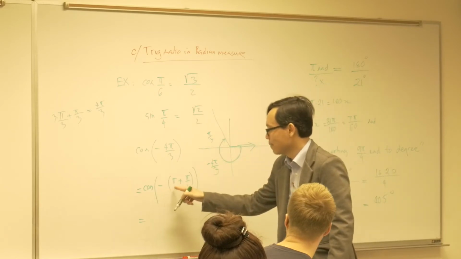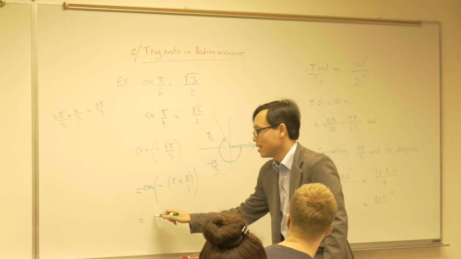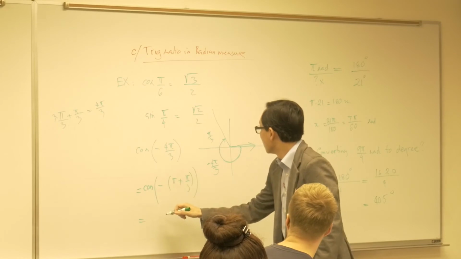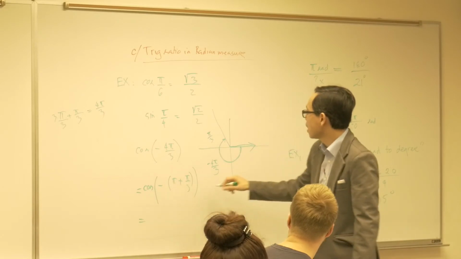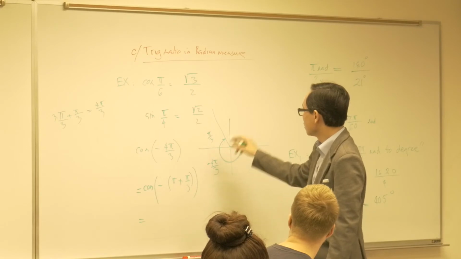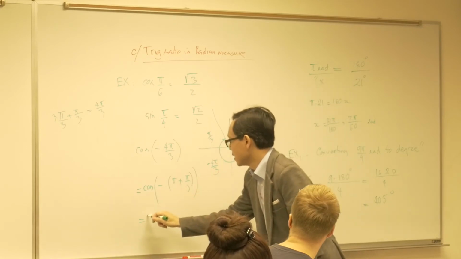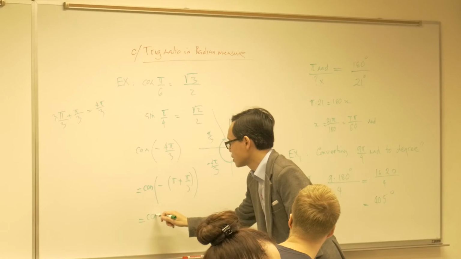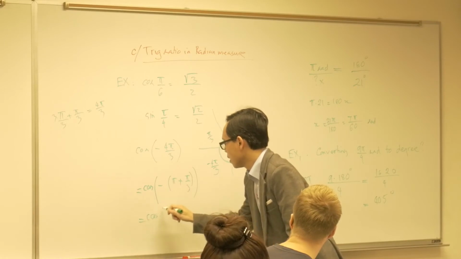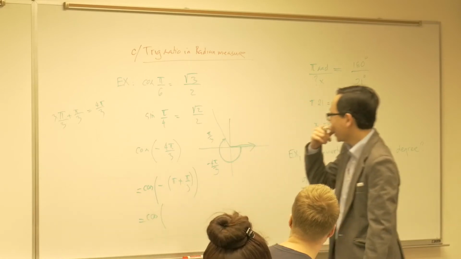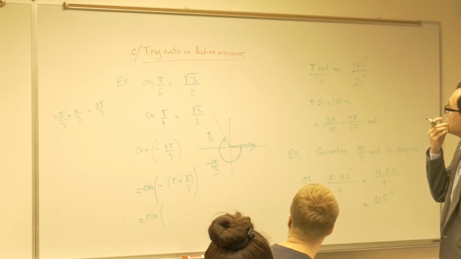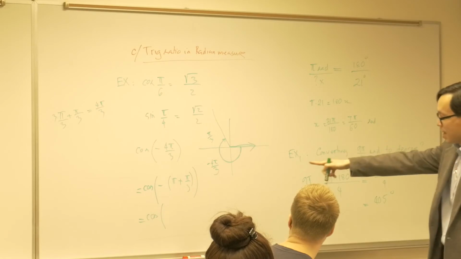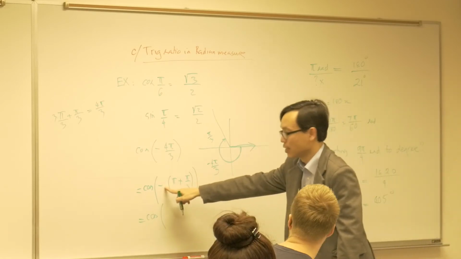So cosine of negative pi plus pi over 3 is, let me see, so pi plus pi over 3, it will be negative. So I can write this as cosine of, hold on, let me see. So we have cosine, we have a negative here, then there's another negative here, right? So it turned out to be